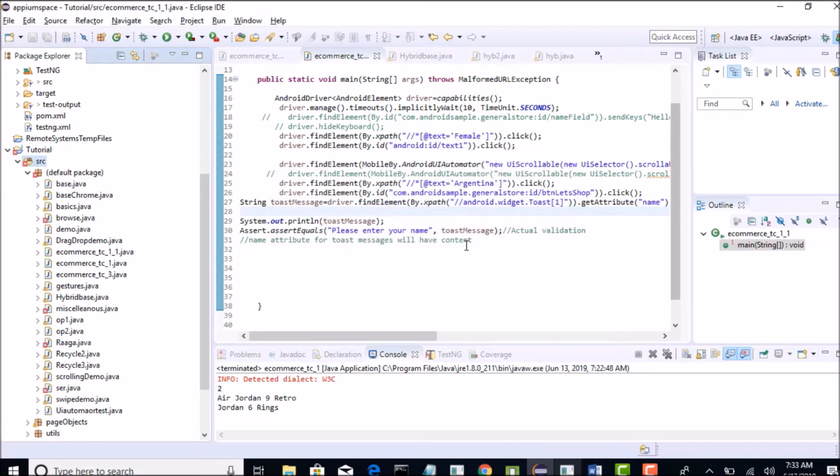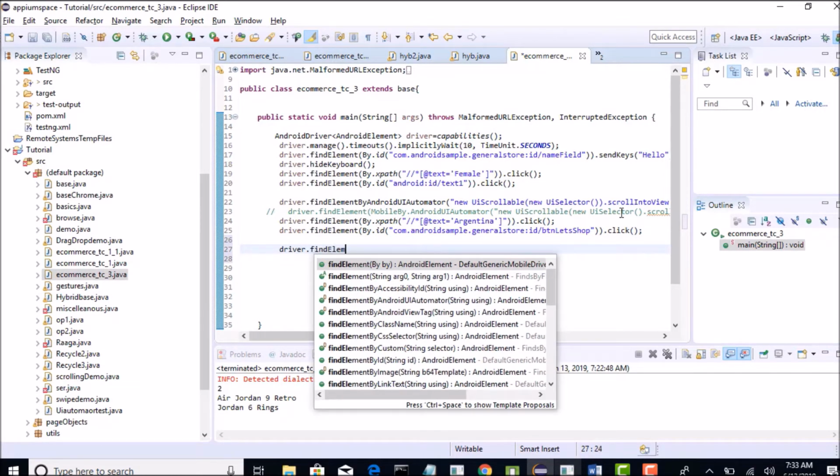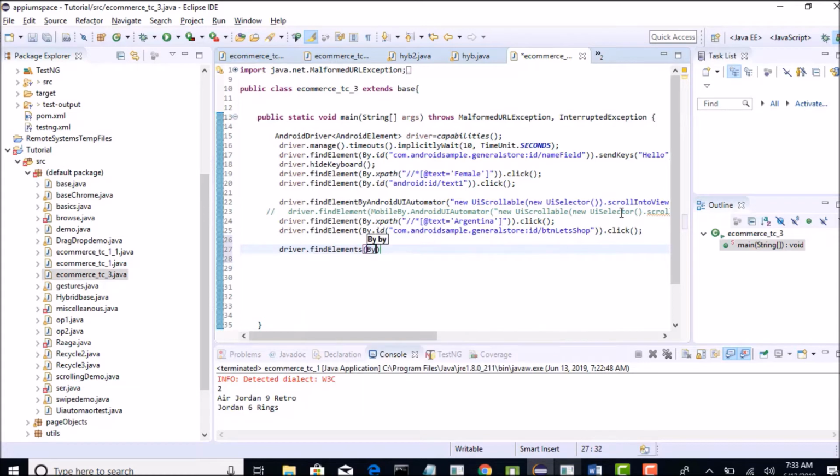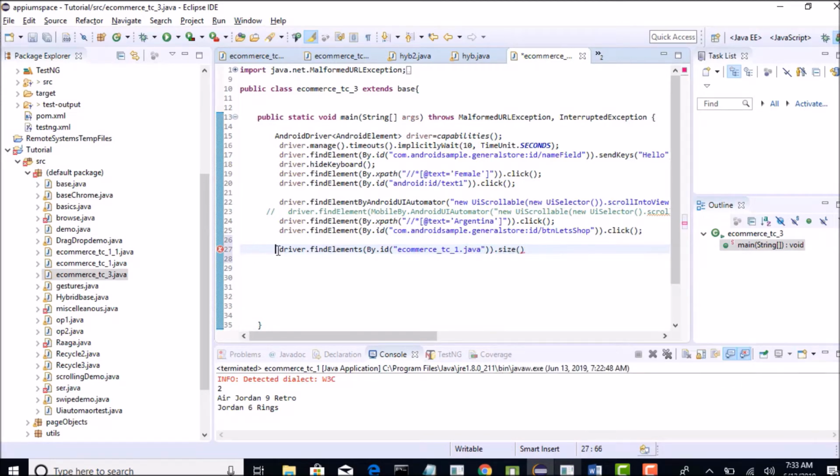Test 3. You have already written code until clicking on the shop button, so that you are on page 2, right? Which we have done earlier. So driver.findElements by id, .size. I'll try to print it in the output.